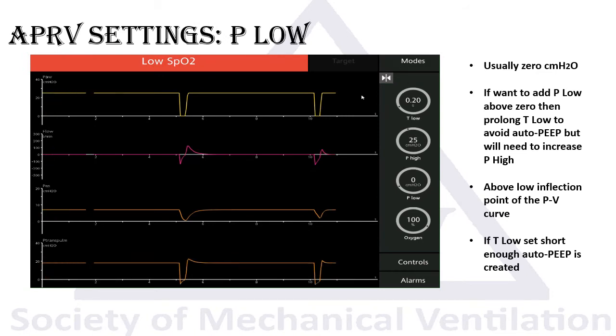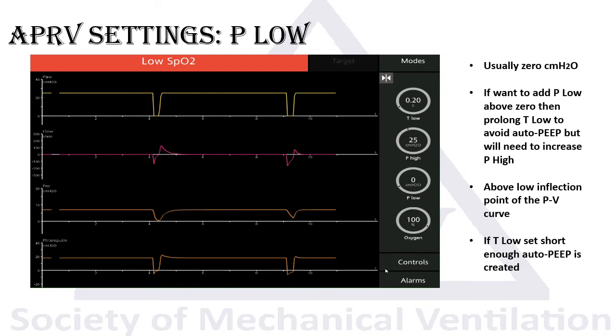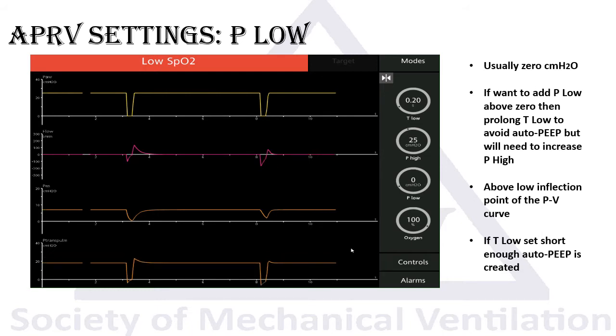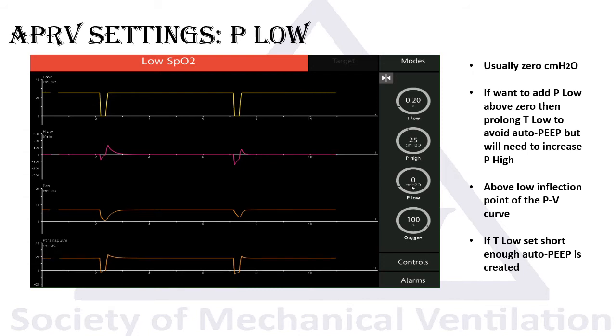Now let's move on to talk about P low. How are we gonna set P low? And I should have mentioned in the previous slides that there are really no comparative studies on how to put the settings, and mostly it's an expert opinion on how to do these things, or according to some physiologic concepts or theory, but there are really no studies to compare them. Now the P low, most of the experts set it at